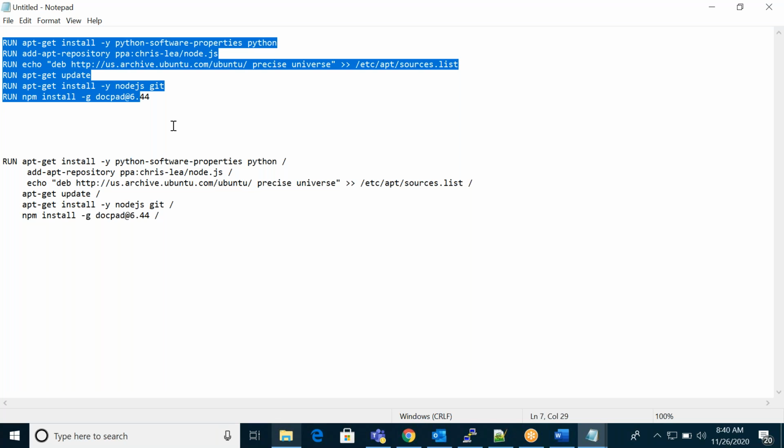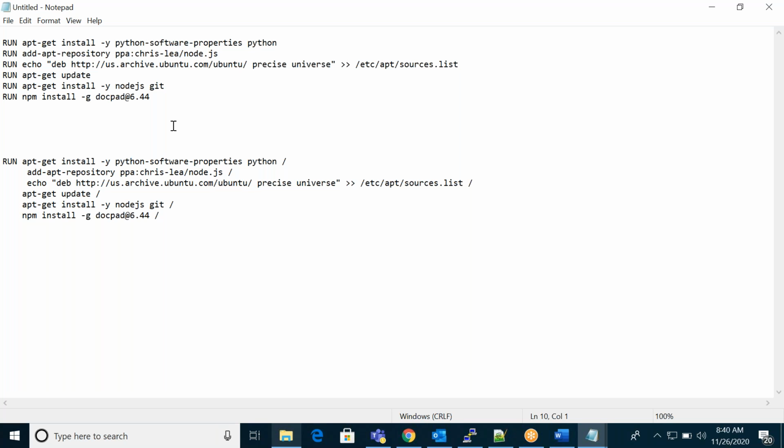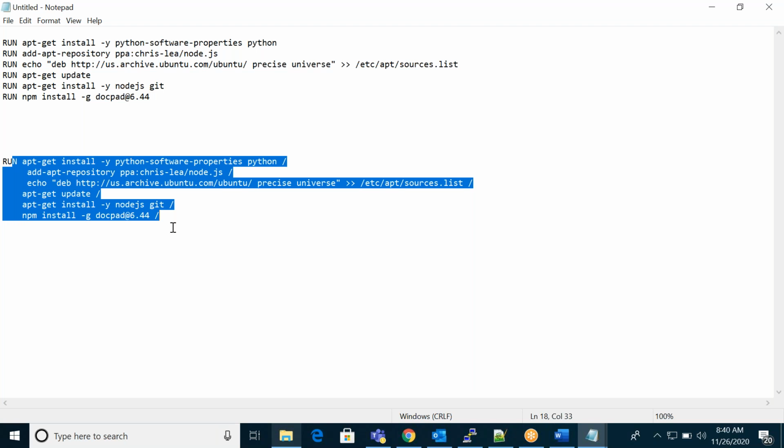Why are we using Docker? For lightweight replication, so we always need to maintain a low size. The Docker image should be low in size. If you use it like this, we can at least reduce some Docker image size.